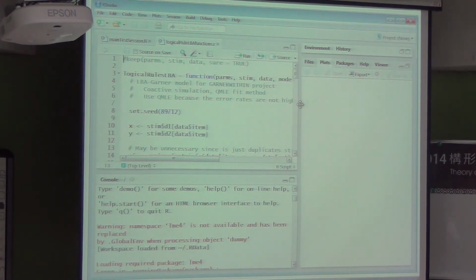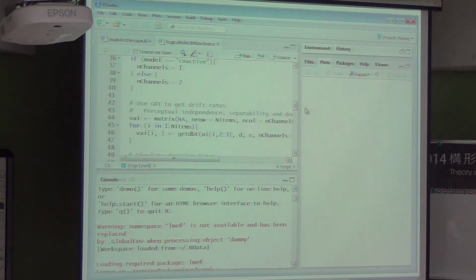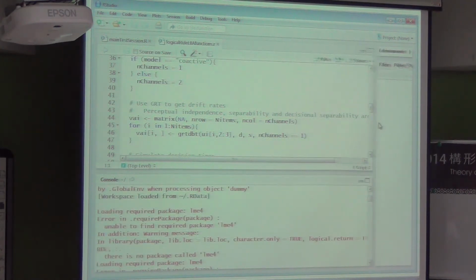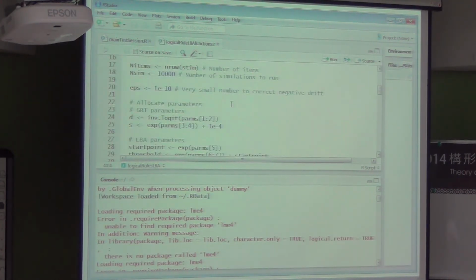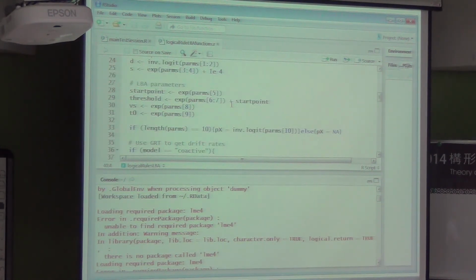So I mentioned two of the parameters were the locations of the decision boundaries, and another two were the variability of the perceptual representations of those stimuli. So that's four parameters. These were transformed so they lie between 0 and 1. The variability parameters were log transformed.